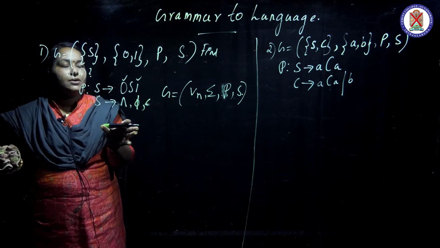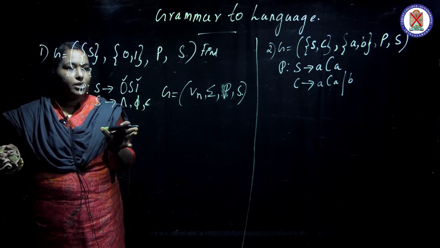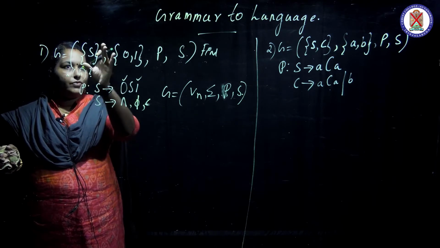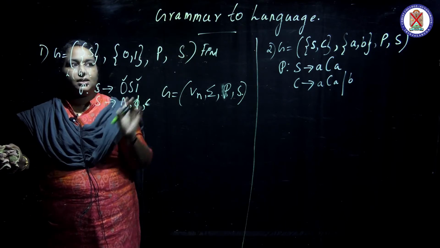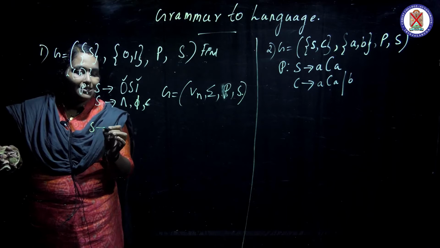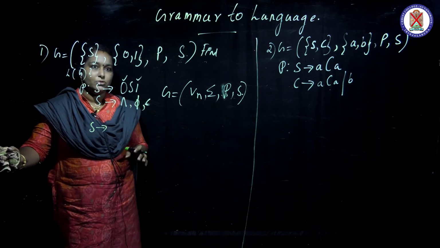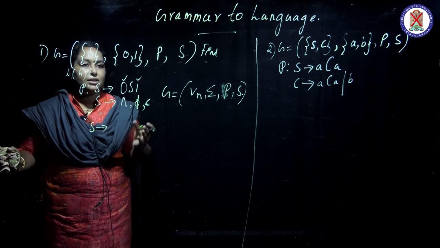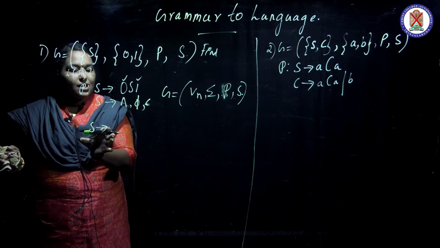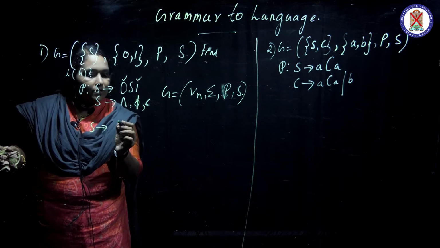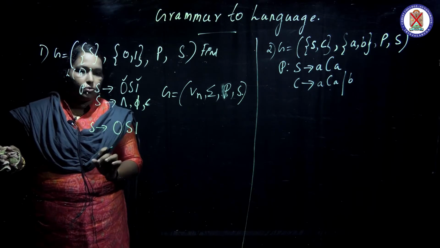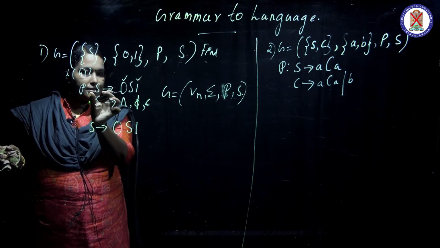So to convert a grammar to a language, we must see the production, and we must know what the start state is here. The start state is S. So substitute, as in the linear equation substitution method we have already studied in your lower-class mathematics. Like that you substitute S. S gives 0S1. You substitute for one-time occurrence. S is the start state.